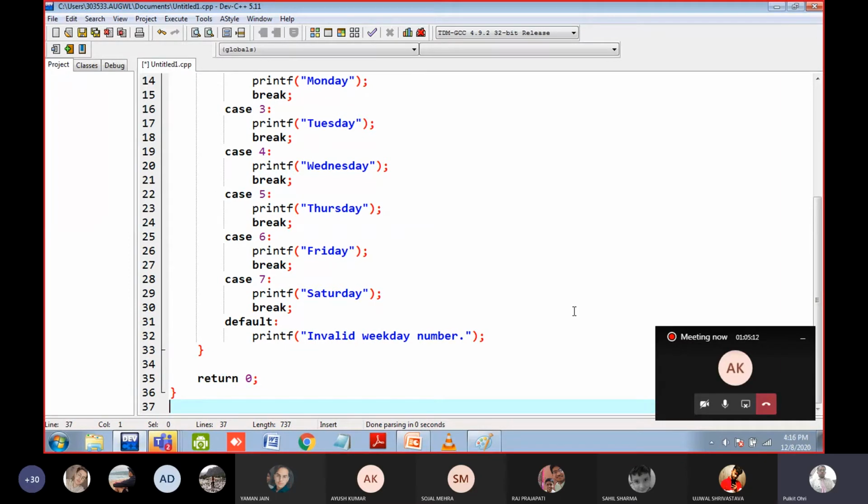So always remember, do not forget the break statement. Okay. You can even write break here, but it doesn't matter. It is fine. But the thing is, it is the last statement now. So why do you need to write the break? It will automatically break. So that's why we have not written break here. Else you can write. But do not forget to write break in every case. Why? We will discuss it. First do the program.